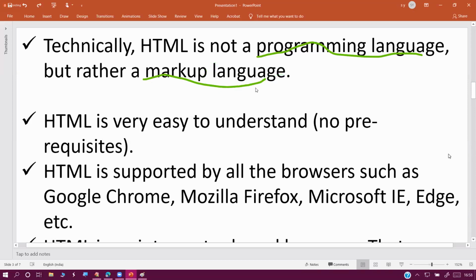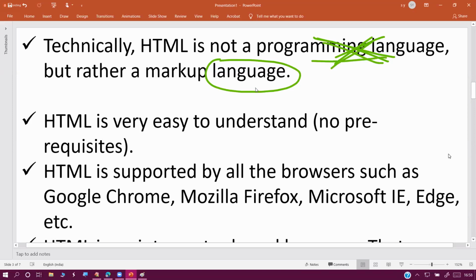So instead of programming language, better go for markup language. That is also tougher, so simply call it a language. Just use language. Try to avoid the other term. Somebody is calling it that, sir, but that is their personal choice. India is a democratic country, everybody has the freedom. Which one you want to follow is your choice. Practically also I said,